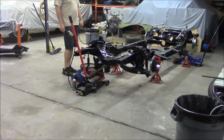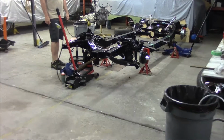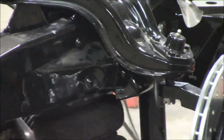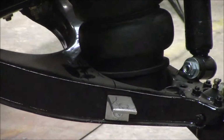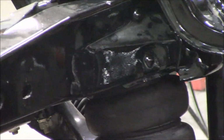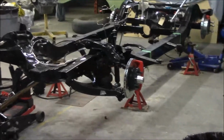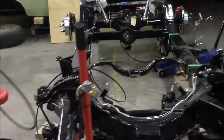Airbag. So we're back in the garage tonight, and as you can see, we're going to talk a little bit about airbags. And this is the complete assembly. Terry's got it all in place with the brake, bag, and all the hard bits. And now we'll just get Terry to tell us a little bit about what it took to put all those